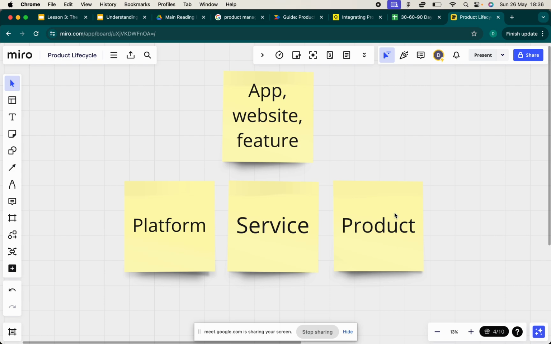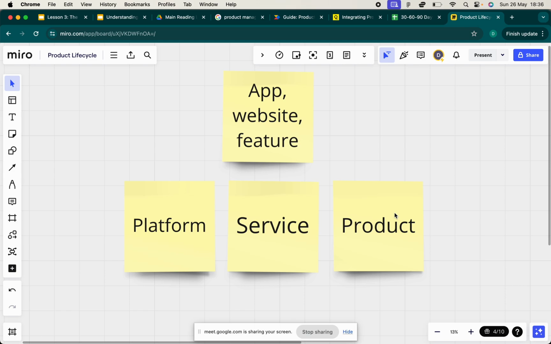When you hear product management, it is a function within tech. In the same way, you have finance. Finance is a function within the business world because you also have other functions. You have marketing, you have legal, you have operations, you have various functions. In the same way, product management is a function much like finance.